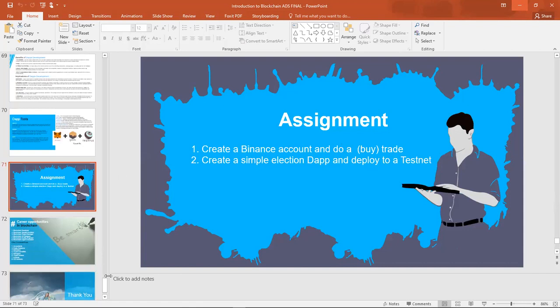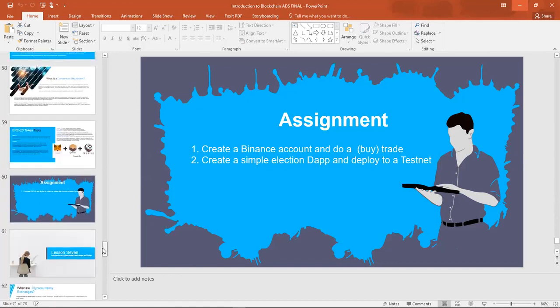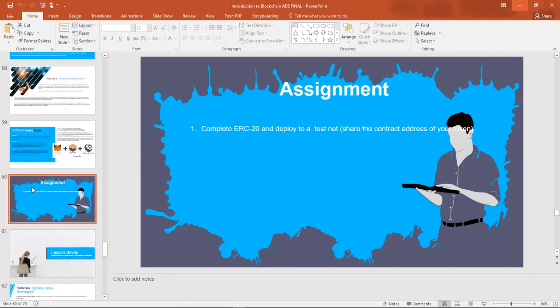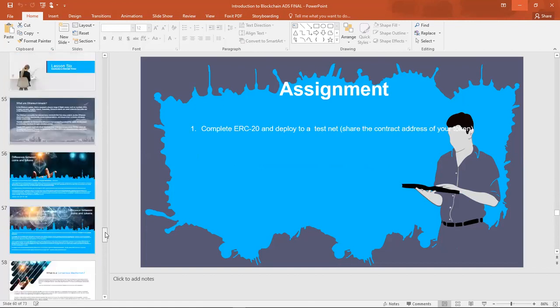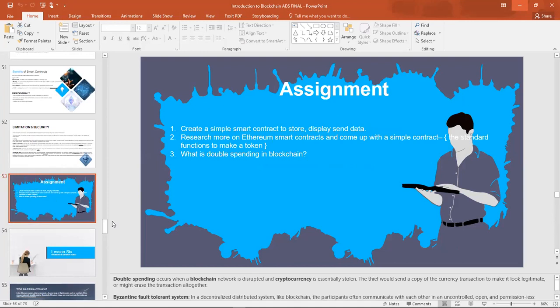Okay, this is interesting. This is supposed to be lesson 7. Oh, I know why it's confusing to me, because there are some assignments that I combined.